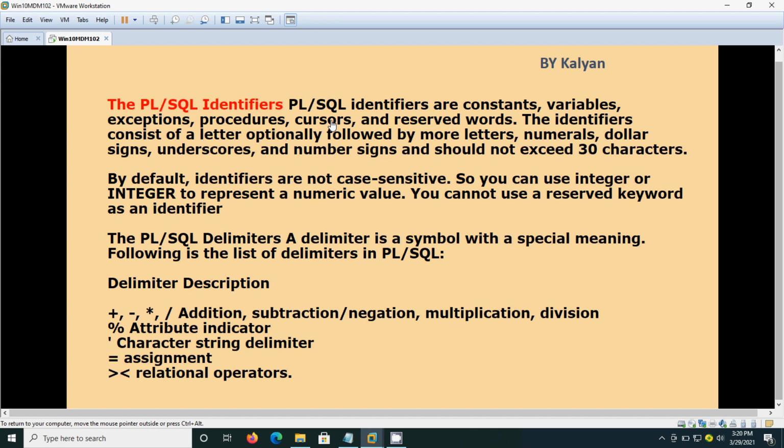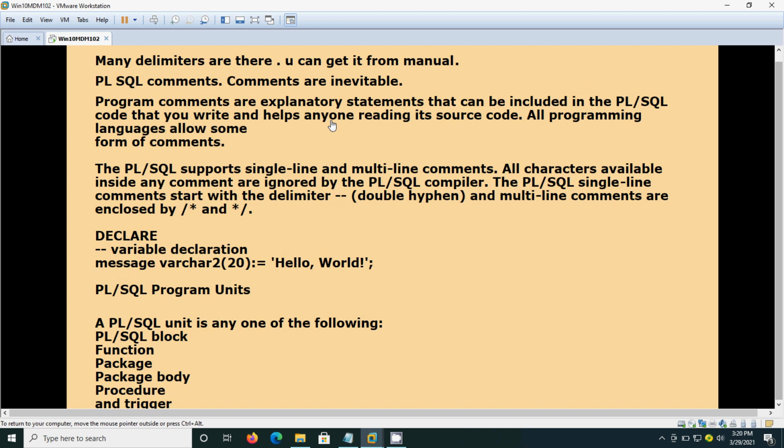Likewise, there are many delimiters available in PLSQL. We can get it from the PLSQL manual.